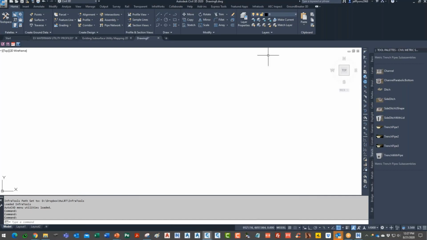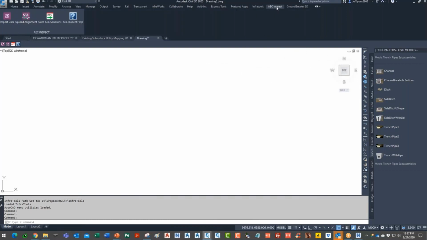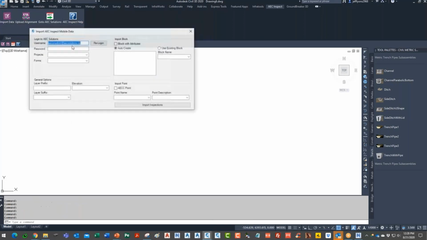So what we can do is there is a little application that we built a couple years ago. Icons are here: import the data, upload the Civil 3D alignments to the project, and that's about it for right now. So these are the right out of the box generic tools. What the cool part about this is when you log into the project,